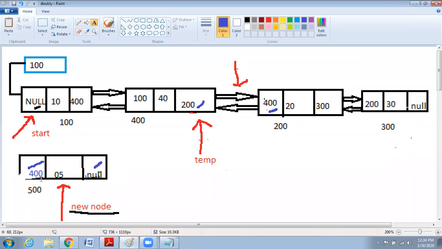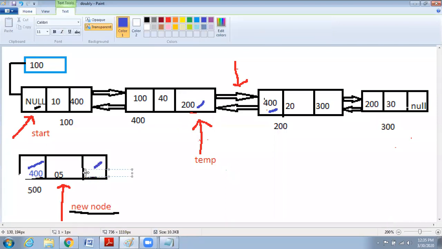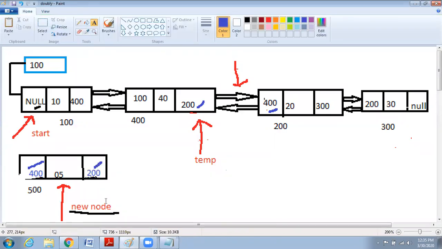That is, new node left equals temp, and new node right equals temp's right. Correct, guys? Are you getting it? Okay, so now it will be 200.